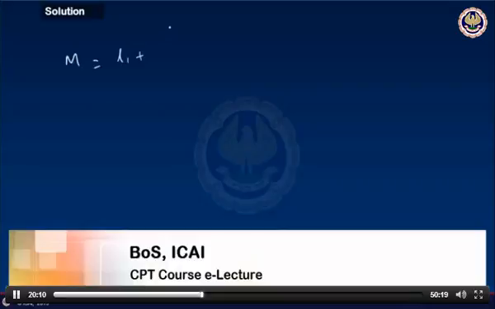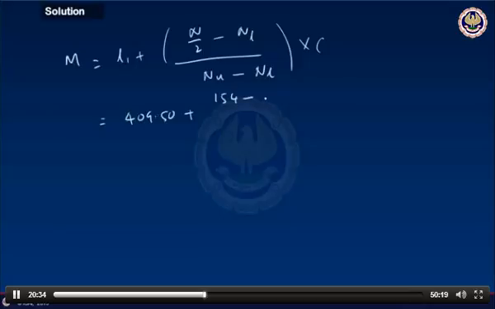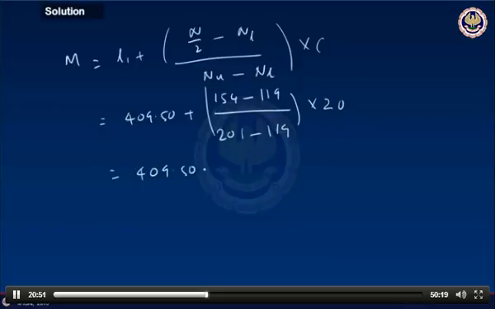You all know the median formula: median equals L1 plus (N by 2 minus NL) by (NU minus NL) into C. In this, the lower boundary value L1 is 409.50, N by 2 is 154, NL is 119, and NU is 201. Subtracting, 201 minus 119, and the length of the class interval is 20, which gives 409.50 plus,